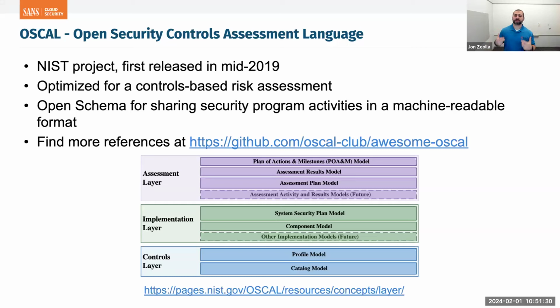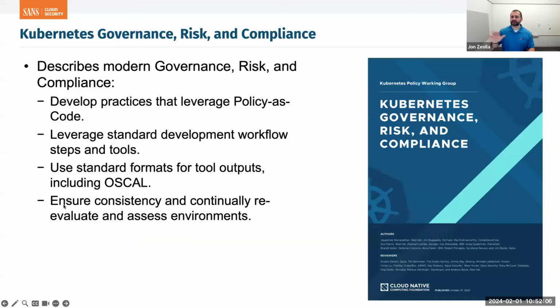You could express what you're doing to meet those, what controls you have in place, how you've checked that those controls are working, and that includes things in the software supply chain. These things that happen in the software supply chain are security controls, right? And so you can express in OSCAL these security controls, how they're in place, and then give that information to auditors, to your customers, to regulatory bodies, to show that you are doing the right thing, and also to prove to yourself that you're doing the right thing. I love tools like this so that we can check ourselves and make sure that we're doing everything that we need to be doing.